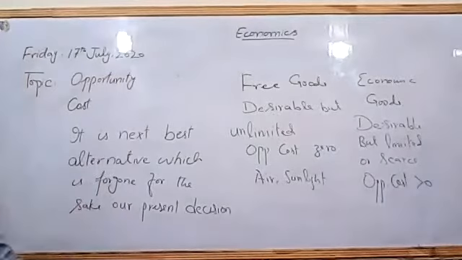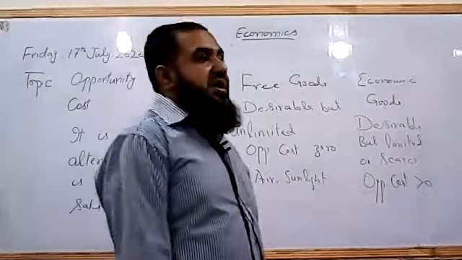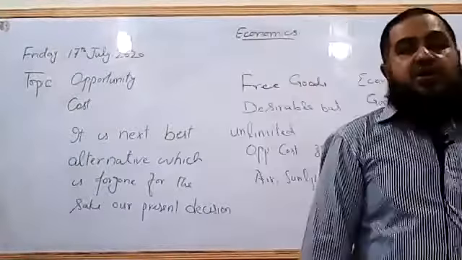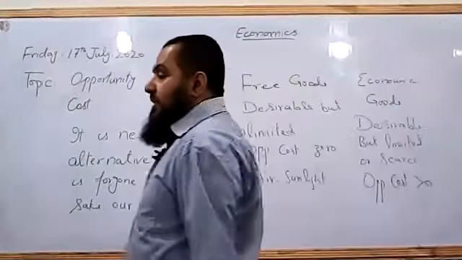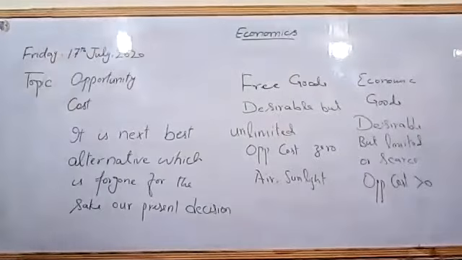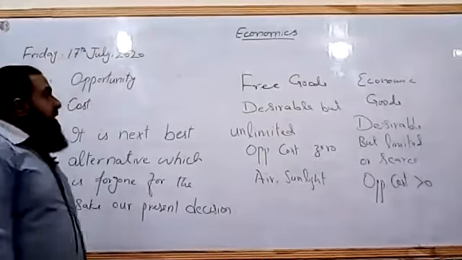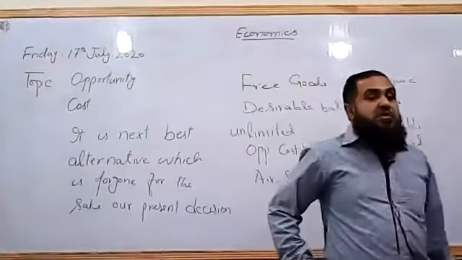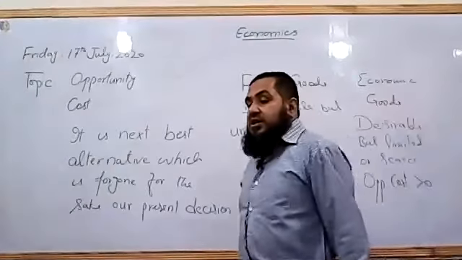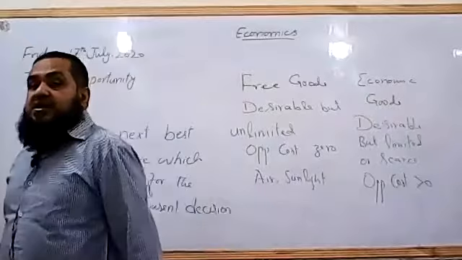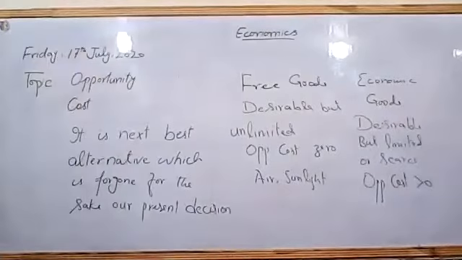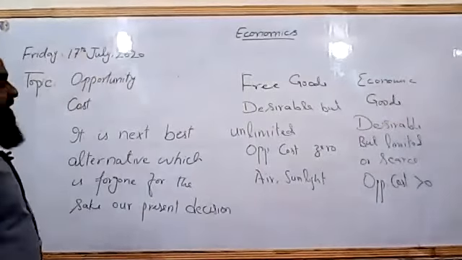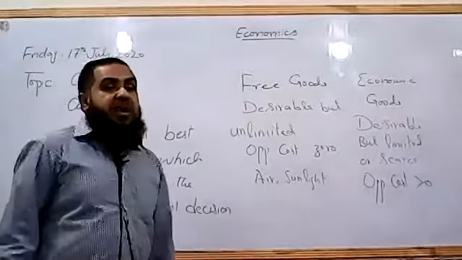Consumer goods are having a long list again. The merit goods, the demerit goods, durable goods, non-durable goods, perishable goods, non-perishable goods. All they are the types of consumer goods, and they are scarce as well. That's why they are having the presence of opportunity cost in their trading and in their production, and the resources to produce them as well, they are also limited in supply.